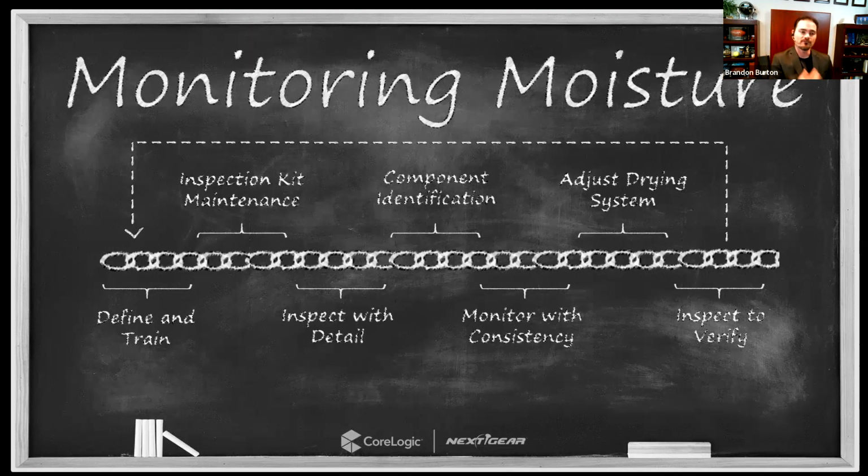Right? So as we define and train and we inspect and we monitor and then we inspect to verify, we need to learn from that process what works and doesn't work, adjust how we're defining and training, and then continue to train through the process. It's a continuous cycle that'll never be complete, right? But the more you complete this cycle, the more you're going to manage risk, the more you're going to manage liability. And more importantly, maybe not more importantly, but just as importantly, the more profitable your business will become,